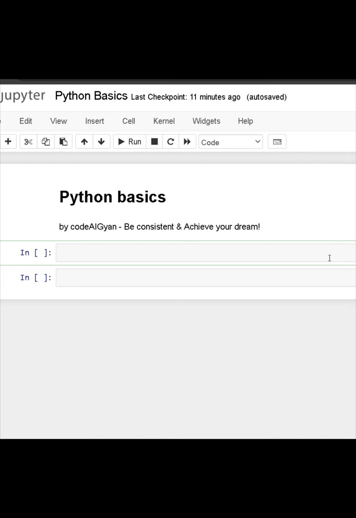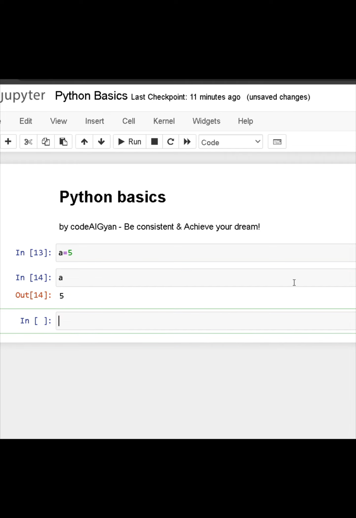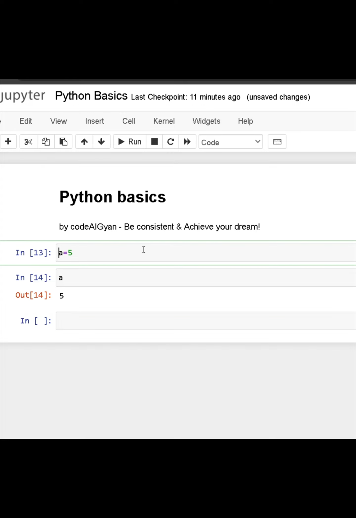Suppose we define a is equal to 5 in the Python programming language, and if we recall the value of the variable a, it will give us 5. It means the variable we are defining here is of int type, and if we print the value of a, it will give us 5. Well, right now, before jumping into the data types,